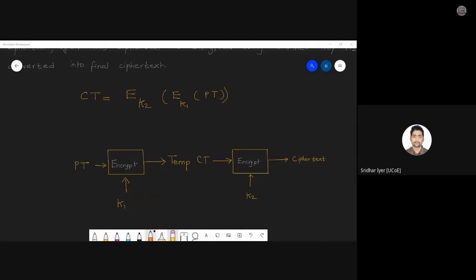What is different in this case? The key, correct. So now if I'm asking you a very practical question, can you compare this with any of the existing block modes that we have studied so far? Can you compare this with the operation modes that we have studied in the last lectures? Any one of the modes. It is exactly similar to that.